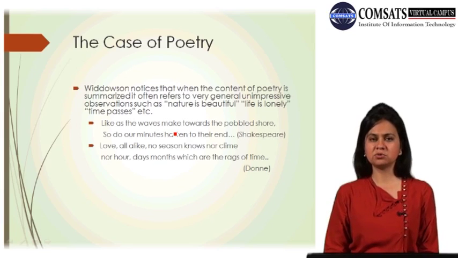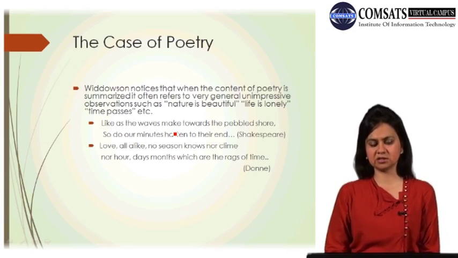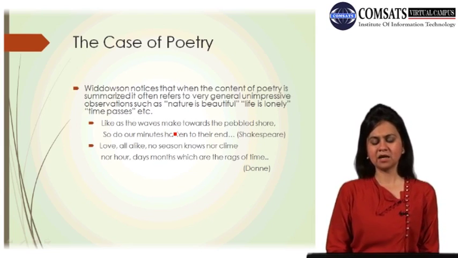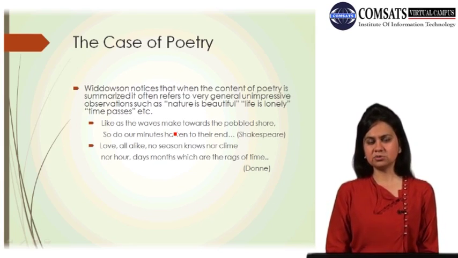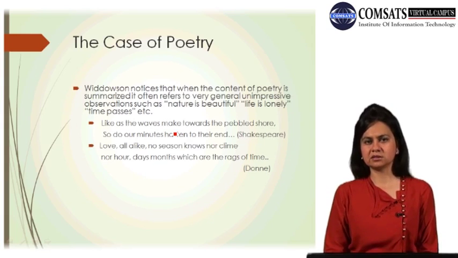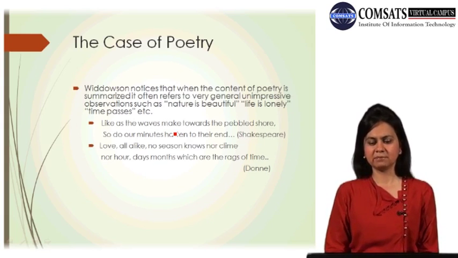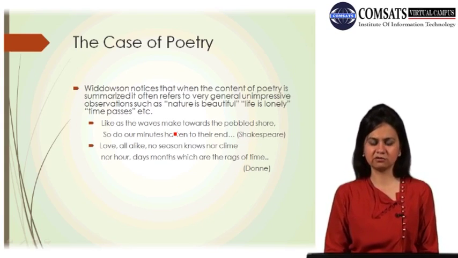So if we say about these two examples that we have read from Shakespeare and Donne's poems, that we may say it is about the transience of life, how time passes quickly, how life is lonely, how life is sad due to the issue that it comes to an end very soon without our realization. And then Donne's poem may be referring only to the idea of love, eternity, and spirituality. To Widdowson, these analyses are not rigorous because they are based on the message only and no reference is made to the style of the poetry.